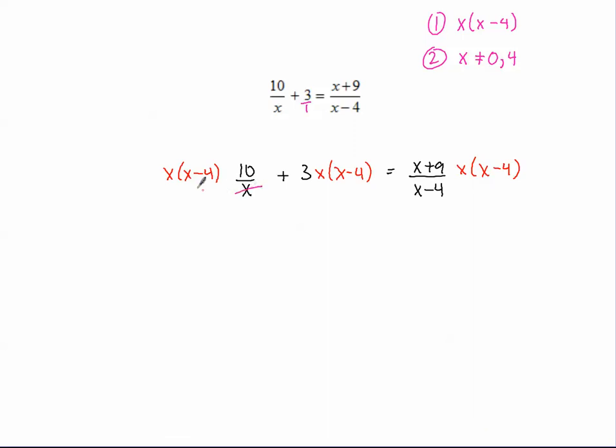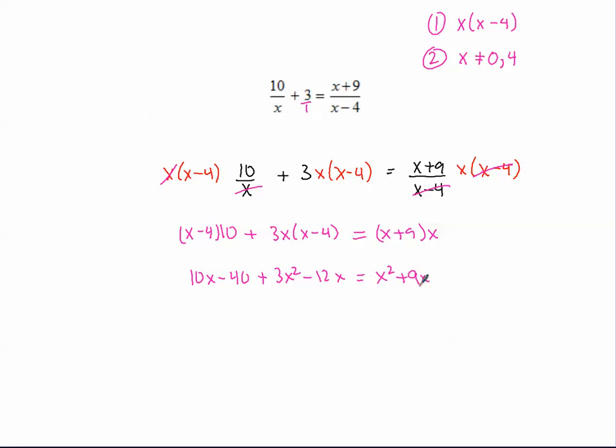Okay, what cancels? x cancels with the x. Nothing here. x minus 4 with the x minus 4. So what am I left with? I'm left with x minus 4 times 10 plus 3x times x minus 4 equals x plus 9 times x. So let's multiply all this out. So I have 10x minus 40 plus 3x squared minus 12x is equal to x squared plus 9x